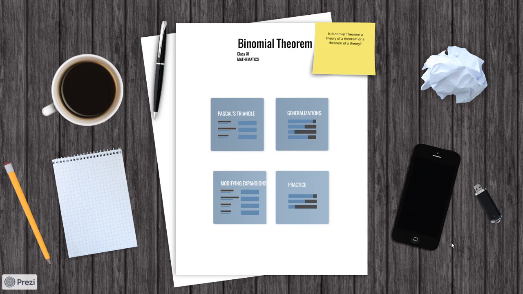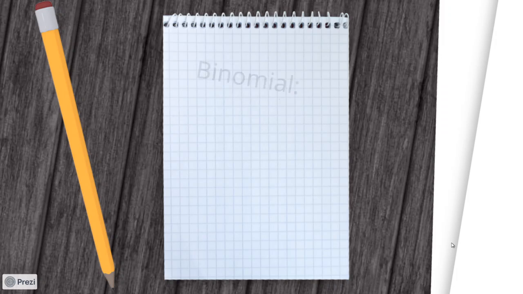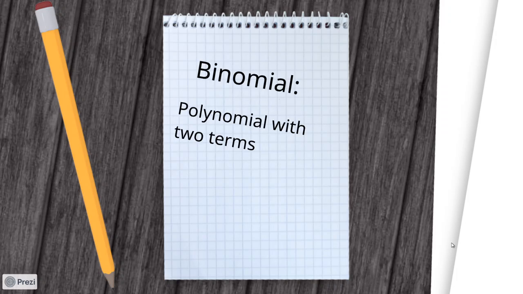So students, today we will start a new chapter, and that is Binomial Theorem. So what are binomials? It is a polynomial with two terms. I know to see this you have to tilt your head a little bit. So it's a polynomial with two terms. For example, a plus b or x plus 2y,